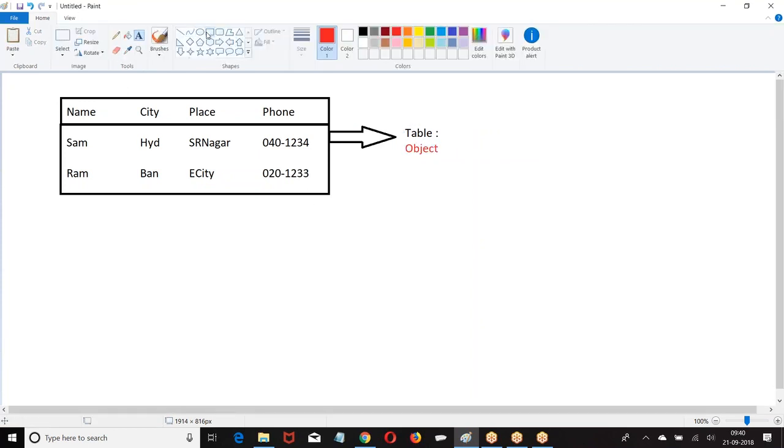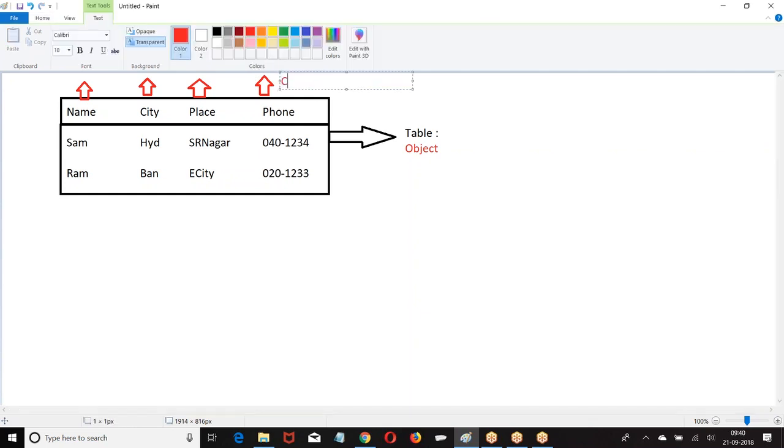Now name, city, place, phone, you call them columns in the table. In Salesforce we call them fields.